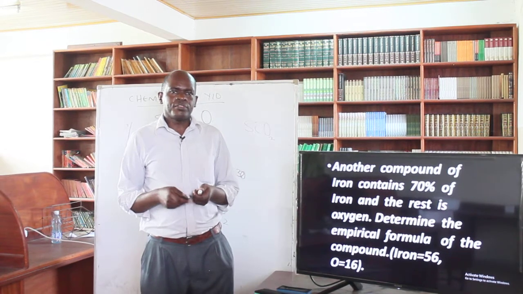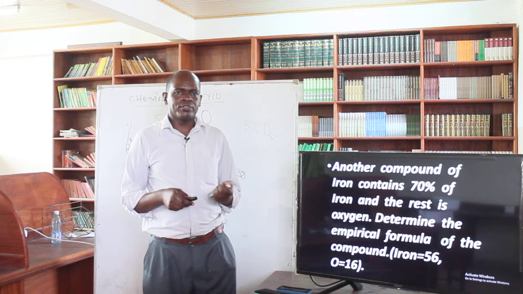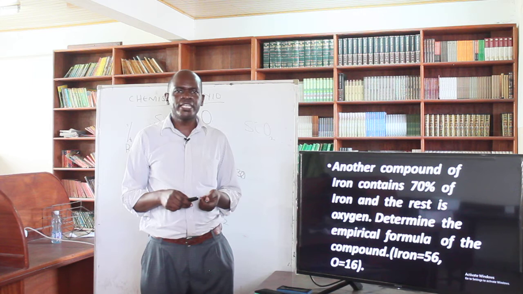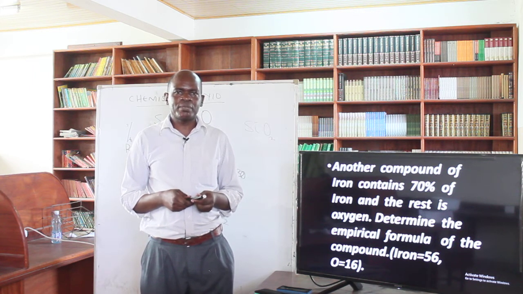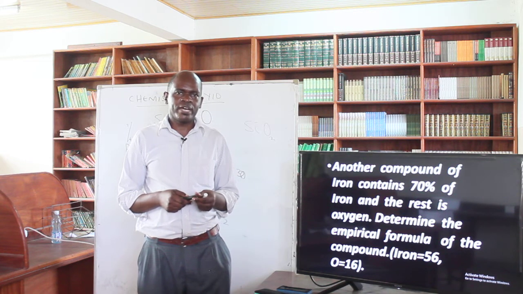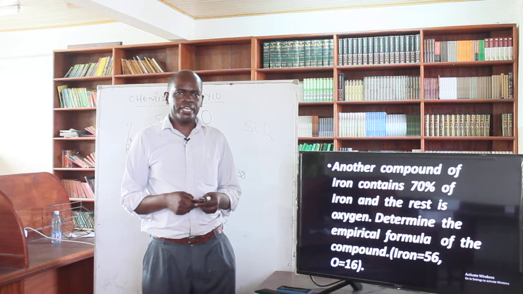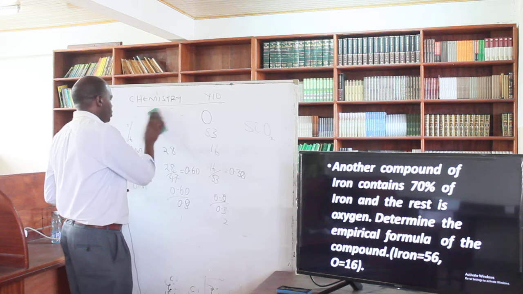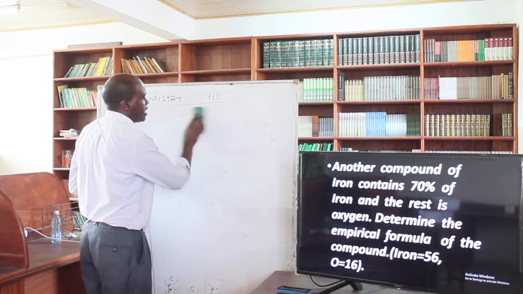Now, from our previous one, we looked at the compound formed when 47% of silicon combines with 53% of oxygen. We now look at the next example. A compound of iron contains 70% of iron and the rest is oxygen. Again, this is actually an oxide of iron. So the same way, we do the same calculations as done much earlier,